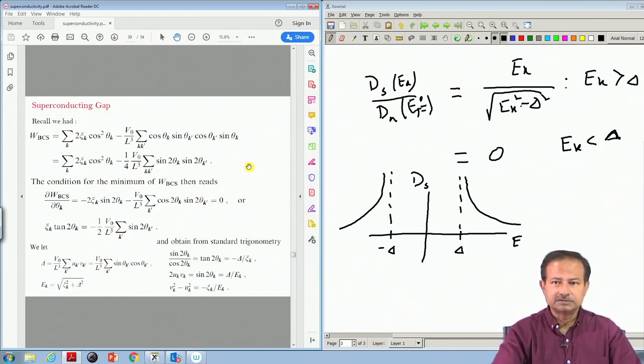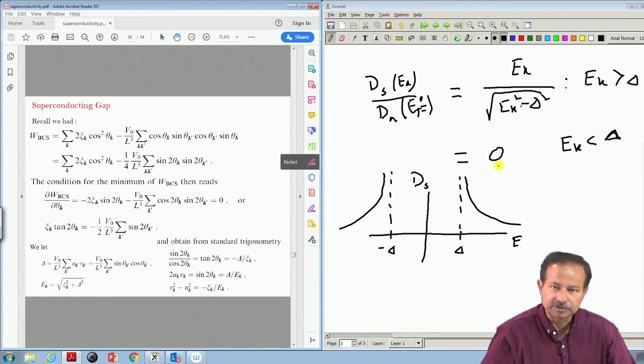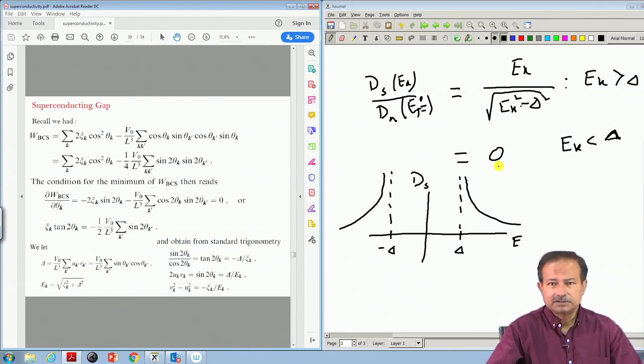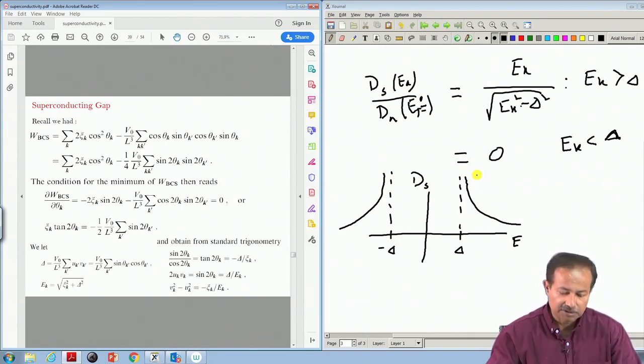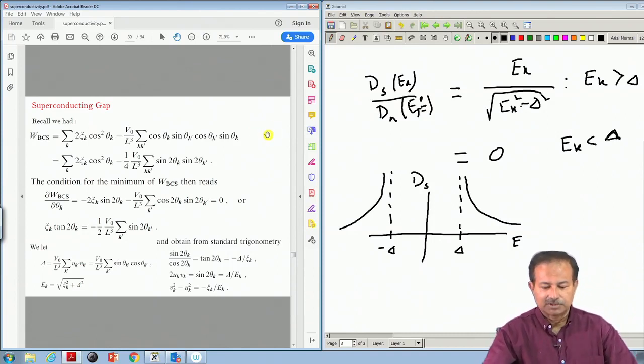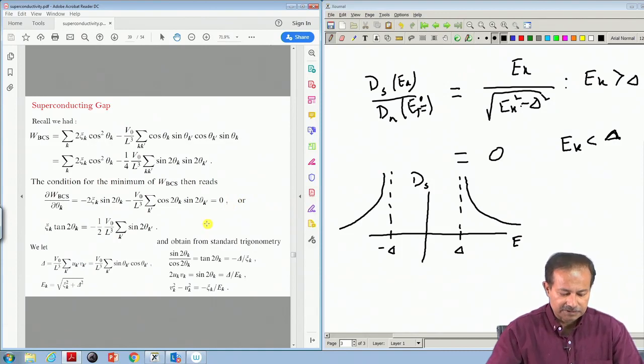Okay, so such a pile up of density of states has fundamental consequences in superconductivity, and these have been found out. These are extremely important as far as the superconducting ground state is concerned, and particularly its physical properties. So, let us now calculate something we wanted to calculate right from the beginning, which is the gap. Now that we found that the excitation spectrum has a gap, we need to find it. So, let us go back to our original calculations. Remember this equation, this is all that you require.